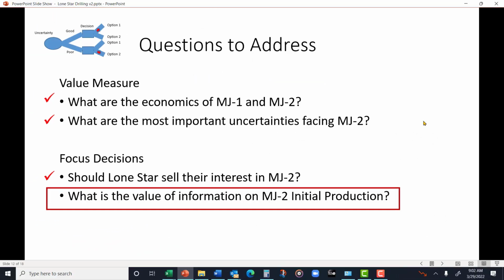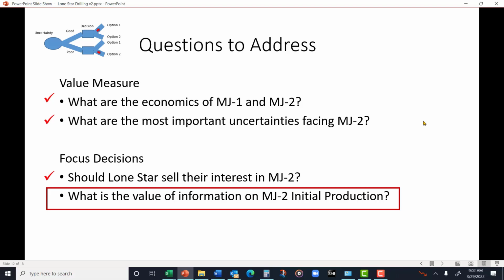So what are the economics? We talked about that. What are the most important uncertainties? We talked about that. Should Lone Star sell their interest in MJ2? We haven't given an affirmative answer. It depends upon your risk preferences, remember? But the value of MJ2 seemed to be substantially higher than the 500, so you probably would pass on that